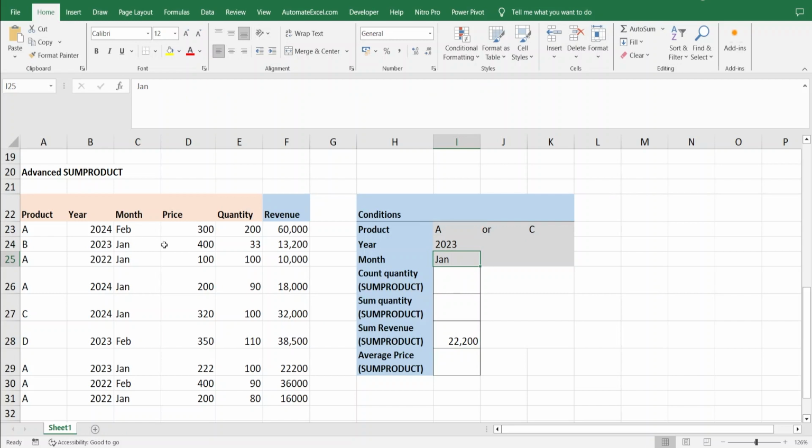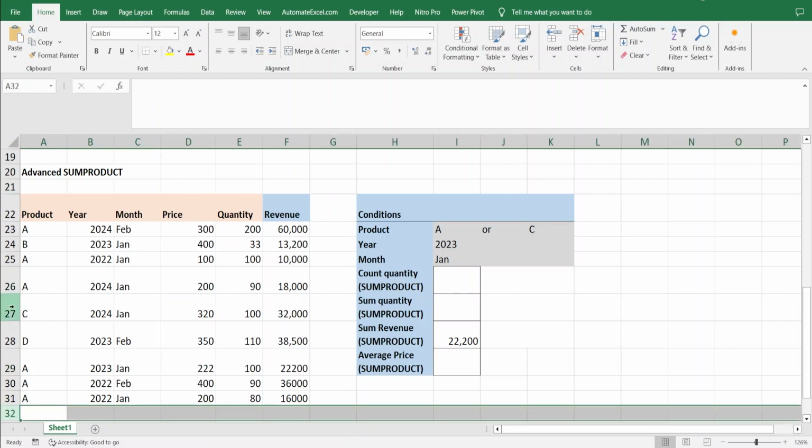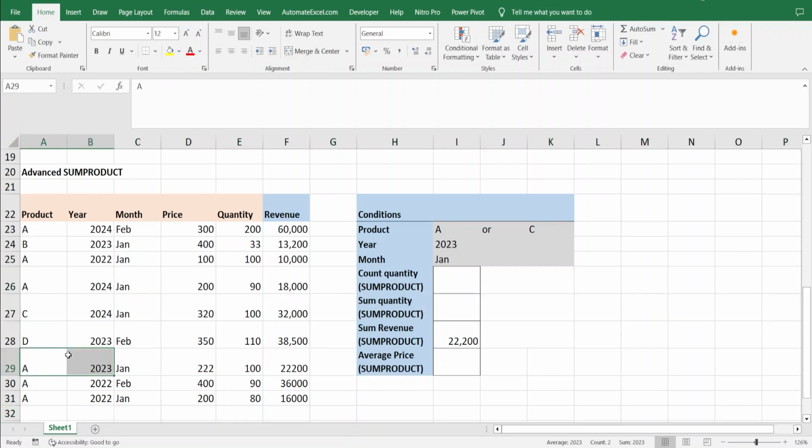You can check manually also. The product is either A or C. So here the product is A, but the year is 2024, so that will be excluded. This will also be excluded. This will also be excluded. This is also excluded. This is also excluded. This is the only case that matches our conditions. So here you can see the revenue is